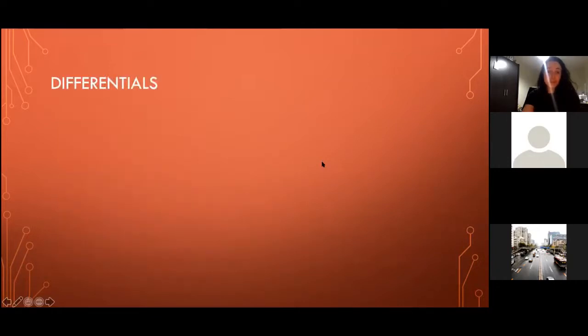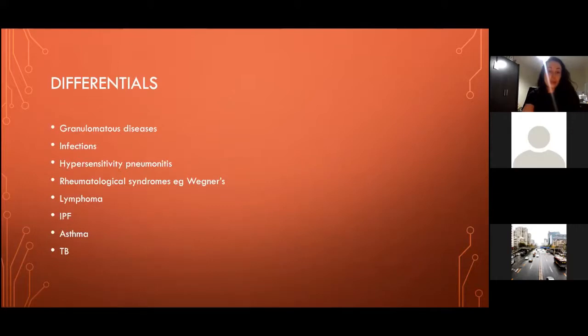Okay, so some differentials. So just some granulomatous diseases, infections, hypersensitivity pneumonitis. There's a range of rheumatological syndromes which can cause similar syndromes, lymphoma, IPF, which I'm going to discuss a bit later, asthma, and TB. Okay, so some investigations you might want to do. So chest X-ray,